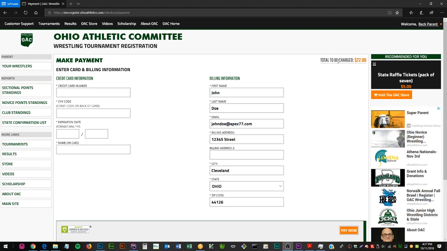As you can see up here on the right, the total to be charged is $22. I'm going to go ahead and enter my credit card number, my 3-digit CVV code on the back of the card, my expiration date, month and year in 2 digits format, the name on my card, and then over here should automatically populate with your account information. If for some reason you want your receipt sent to a different email, or your billing address on your credit card doesn't match the billing address on your account, you would update it here. In my case, everything matches, so I'm going to go down here to the bottom on the right and click